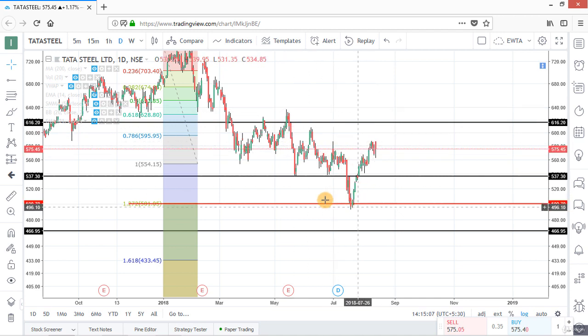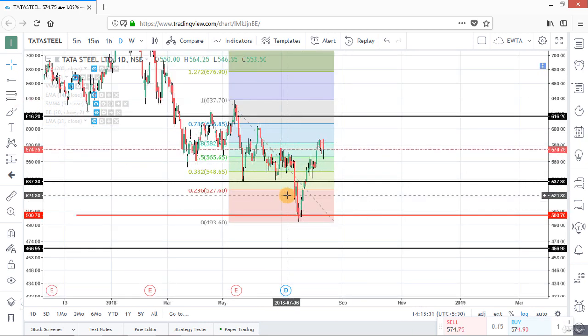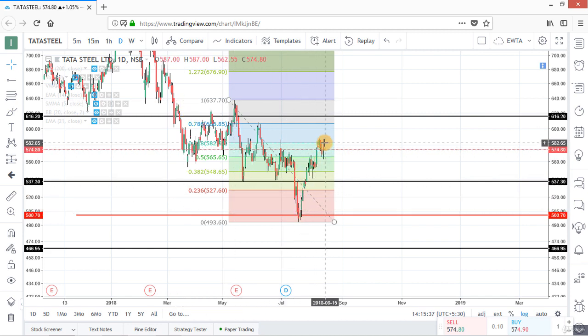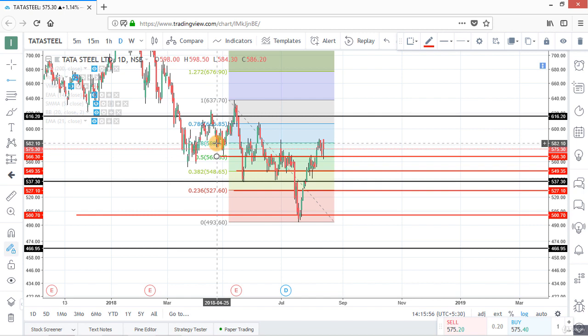So this time we will take this swing. So we will apply Fibonacci from high to low of this swing. Now these are the Fibonacci retracement levels because stock is in downtrend and this is a retracement phase. This is a pullback rally. So we will mark all these levels. The first one is 23.6% level, the second is 38.2% level, then 50% level and 61.8% level. Now see, stock is making a retracement up to this 61.8% level, that is also a golden ratio, and here it is consolidating between these two levels.